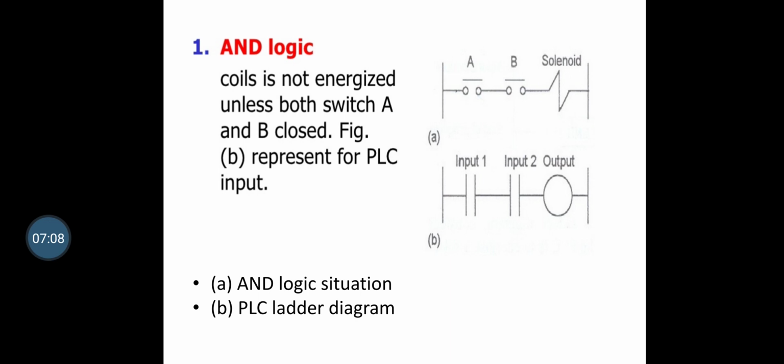Diagram A shows the situation where the coil is not energized unless two normally open switches are both closed. Switch A and switch B both have to be closed, which gives an AND logic situation. Next, diagram B shows the PLC ladder diagram for the AND logic function. The ladder diagram starts with an